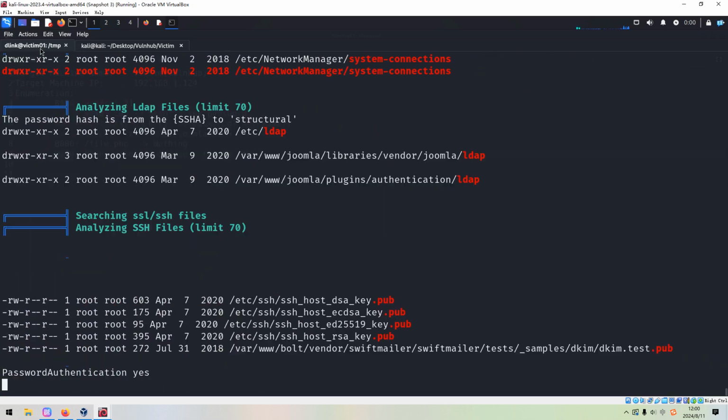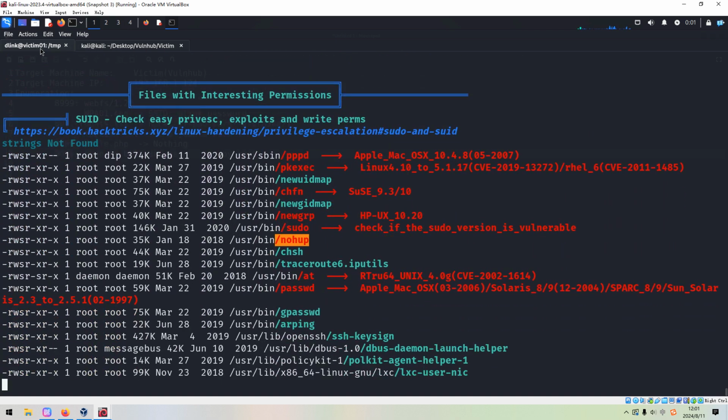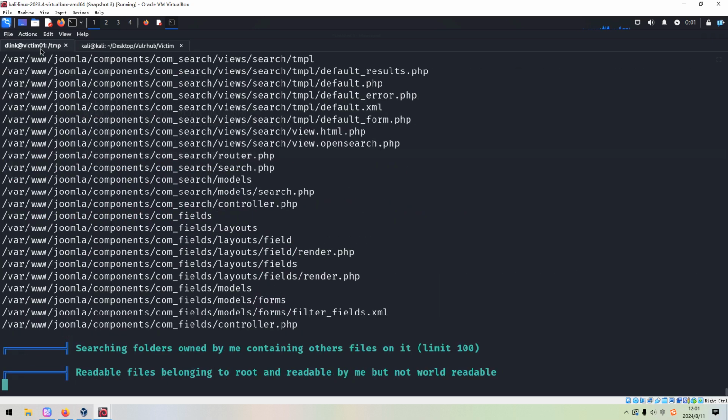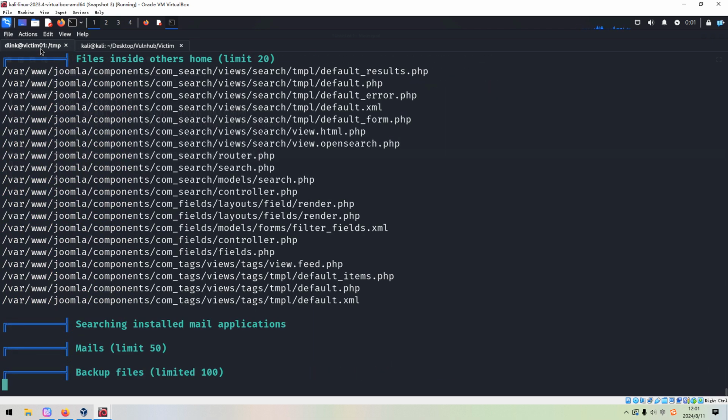I think we have already noticed something which is highlighted in yellow and red color. This one, nohup. I never use this command, but it's all right.